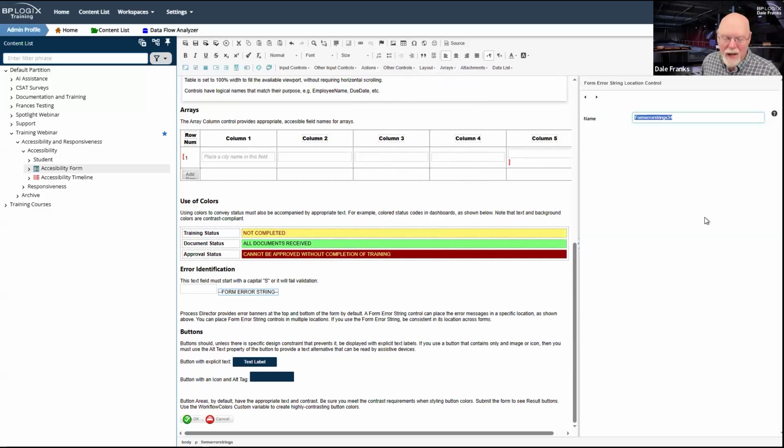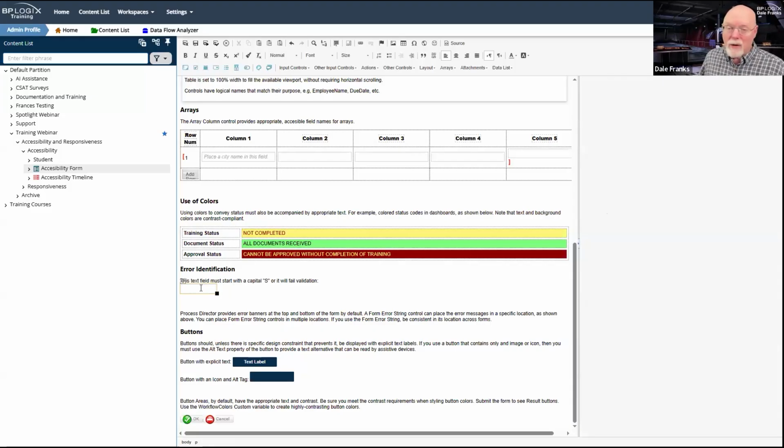It's just a name. And now that I have placed it here, this is where my form error string is going to display. So it is one of those things that is occasionally useful, but you do need to use it with caution. But you have the capability for customizing the location where you want your form error string to show. In this particular case, I probably would put it there because this is the only form field that has any validation on it. So it's the only one that really matters.